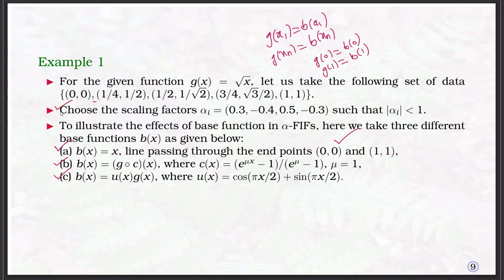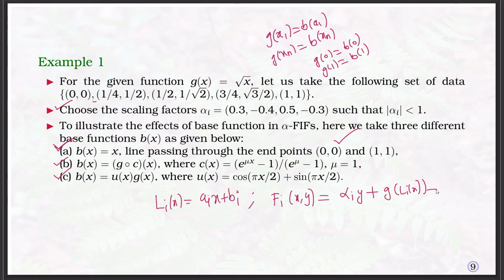Now we have the alpha i and b of x is this one. Then what is the Li of x? As usual, one can calculate Li of x plus bi, and Fi of x comma y is alpha i times y plus q of x, where we take q of x in the form of g of Li of x minus alpha i times b of x. Now alpha is given for each interval, and b of x is given as x here,